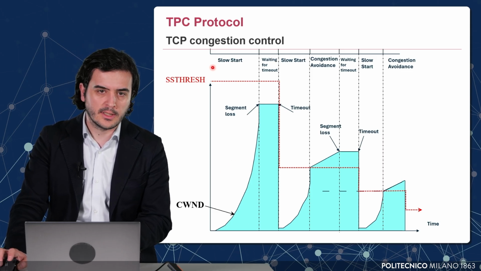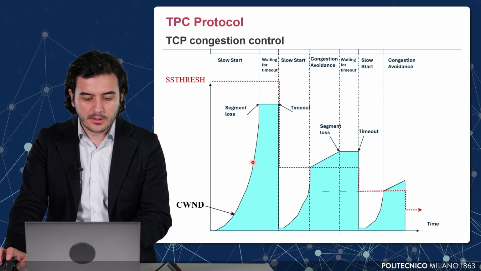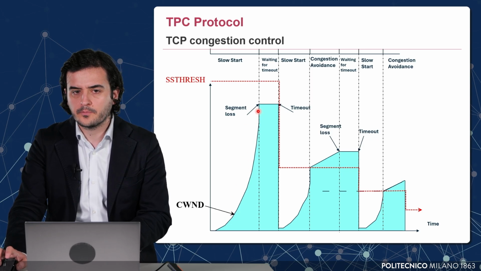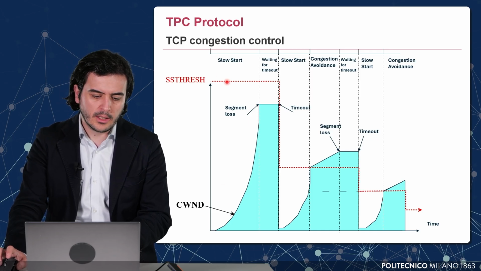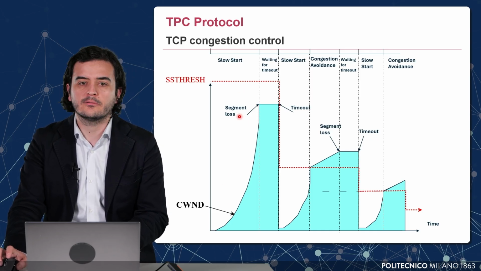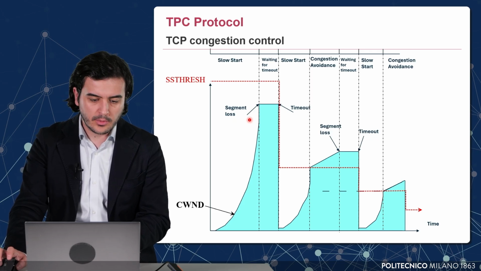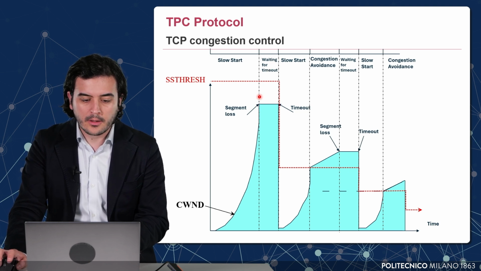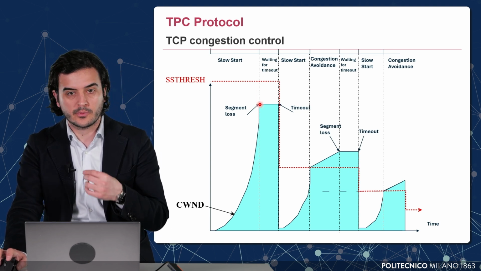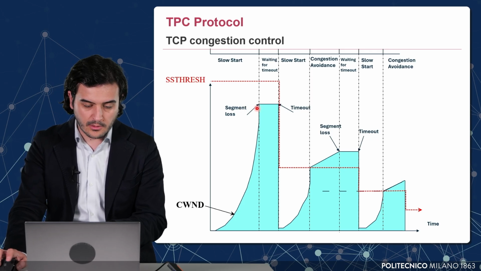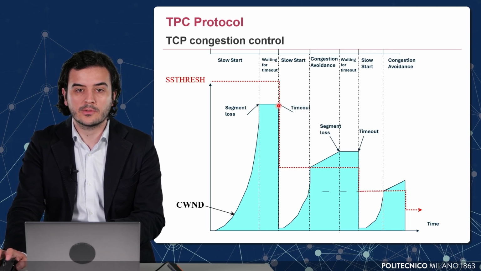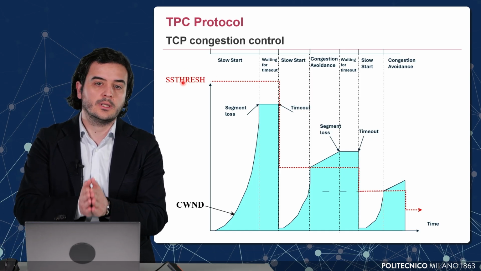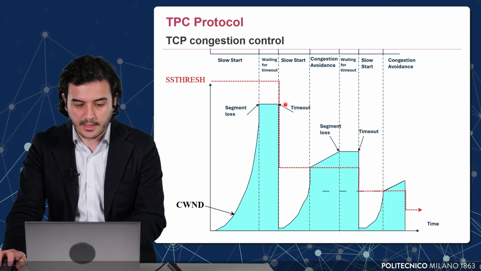Since we are in a slow start phase in the beginning, the increment of the congestion window is exponential. This happens up to a point that we either meet the SS threshold or we have a loss of a segment. For this example, we assume that we have lost a segment. Once this segment is lost, we are basically waiting for the acknowledgement because we cannot proceed. After the timeout value, the SS threshold value will be reset according to the rule that we just explained in the previous slide.